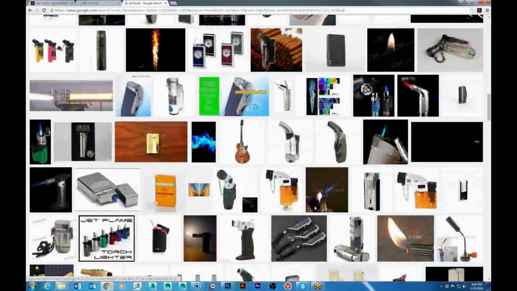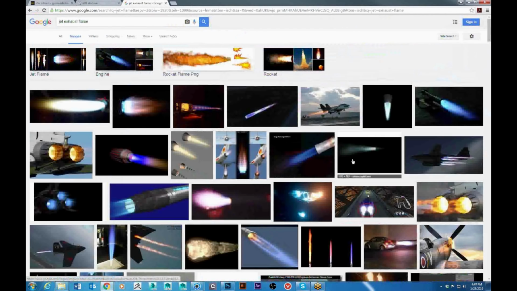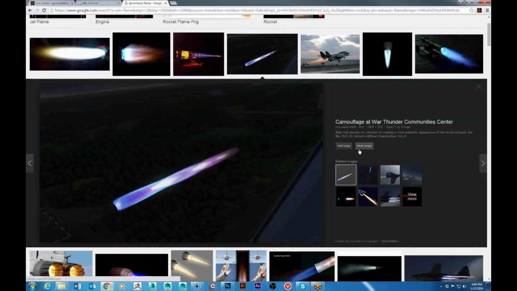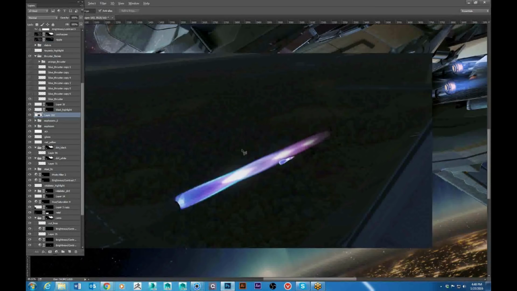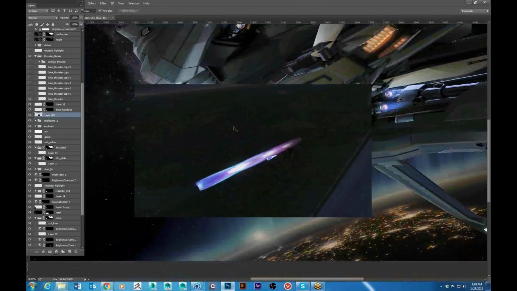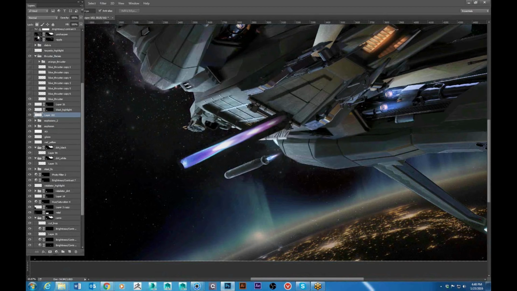Let me see, where is it? Maybe it's exhaust. This guy right here. So usually what I'll do, same thing, copy image, bring that into Photoshop, and then I'll just go ahead and delete the part that I don't need, which is all that stuff, and put it on screen,